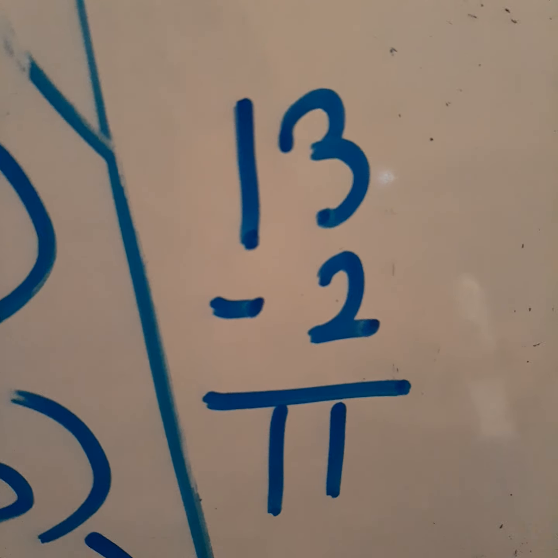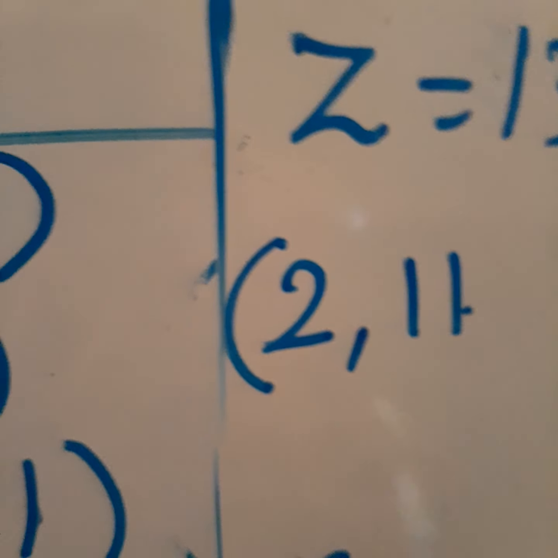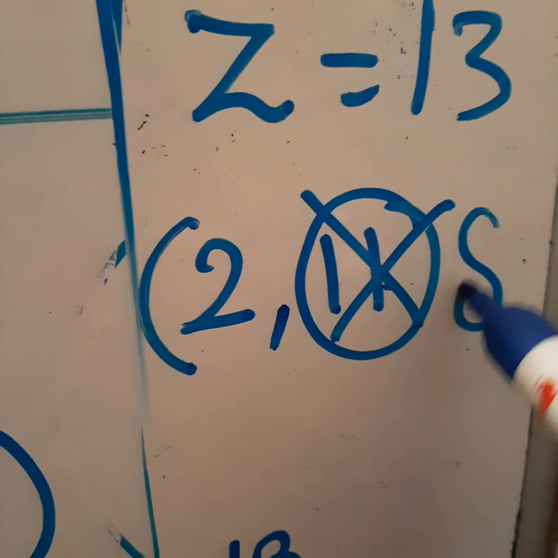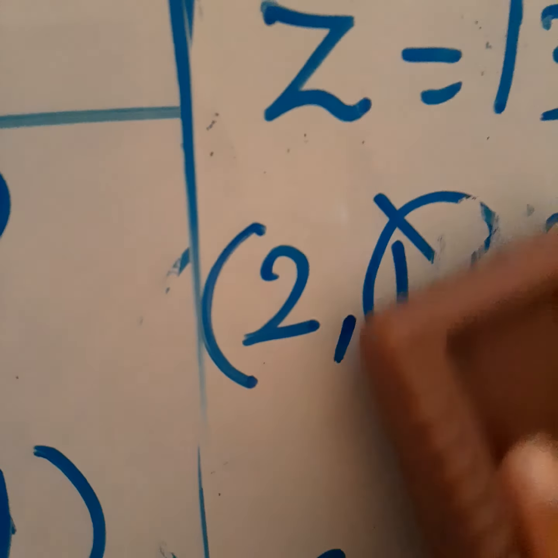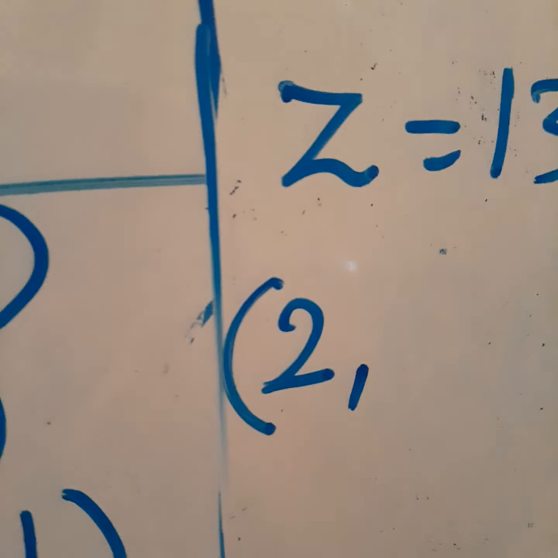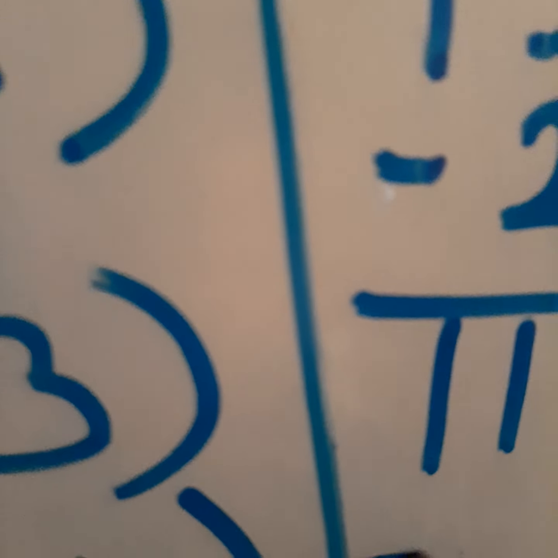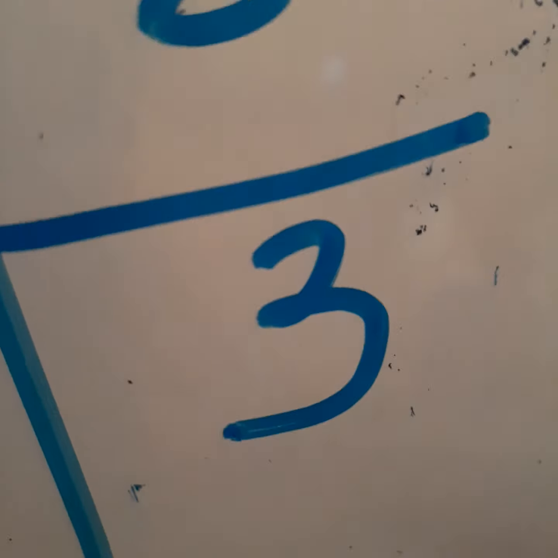11 electrons remain. But 11 electrons cannot be placed in the second shell, because the maximum capacity of the second shell is 8. So only 8 electrons will be accommodated in the second shell. How many electrons remain now? 11 minus 8, 3 electrons. These 3 electrons will be placed in the next shell. So the electronic configuration will be 2, 8, 3.